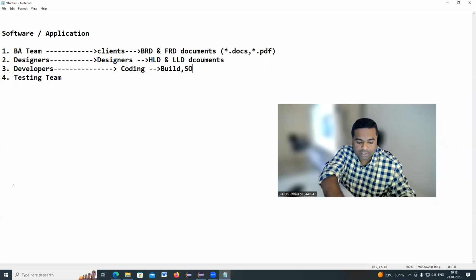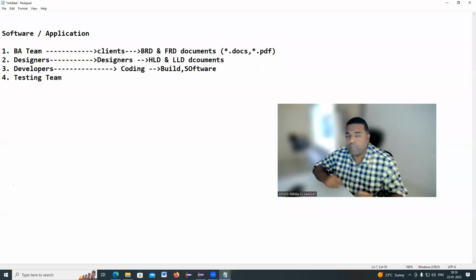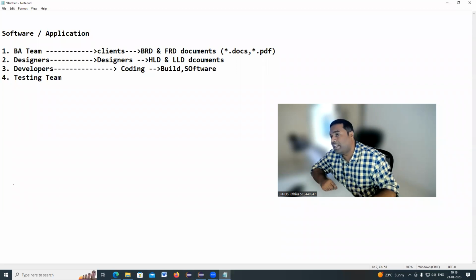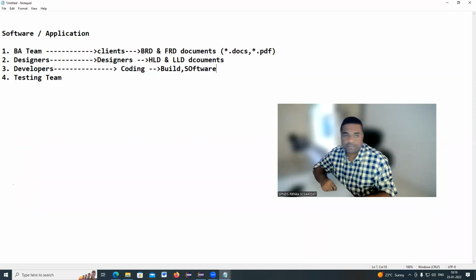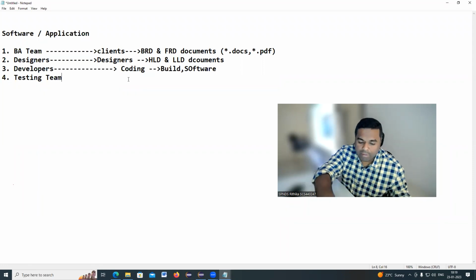Build means software. So in testing terminology, people will call it a build, BUILD, okay, and some people might call it software. They will develop the software. In testing terminology, we call it a build, okay. So developers will develop the build based on BRD, FRD documents, and based on HLD and LLD documents, okay. Finally,